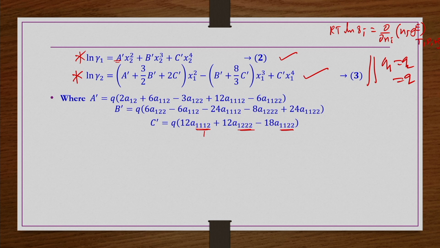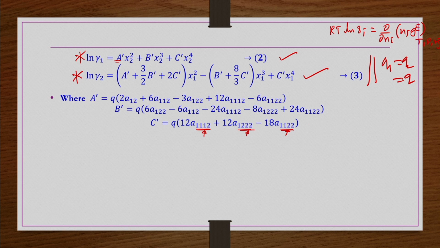Now, from the point of view of A, this suffix of A we can understand. A112 means it includes the interaction between 4 nearest molecules, 3 from component 1 and 1 molecule from component 2. And this indicates interaction between 4 nearest molecules, out of which 3 are from component 2 and 1 is from component 1. And this indicates interaction amongst 4 molecules, out of which 2 molecules are from component 2 and 2 molecules are from component 1. So, this is what we understand.